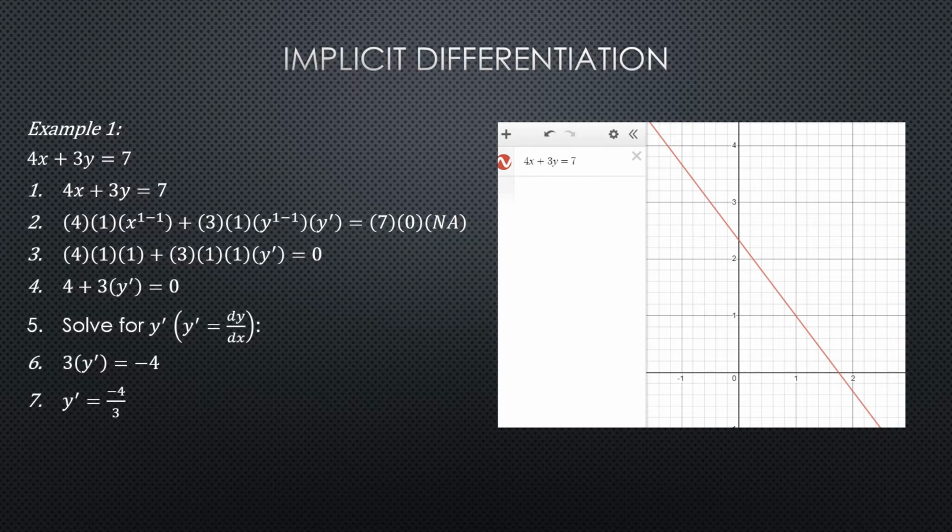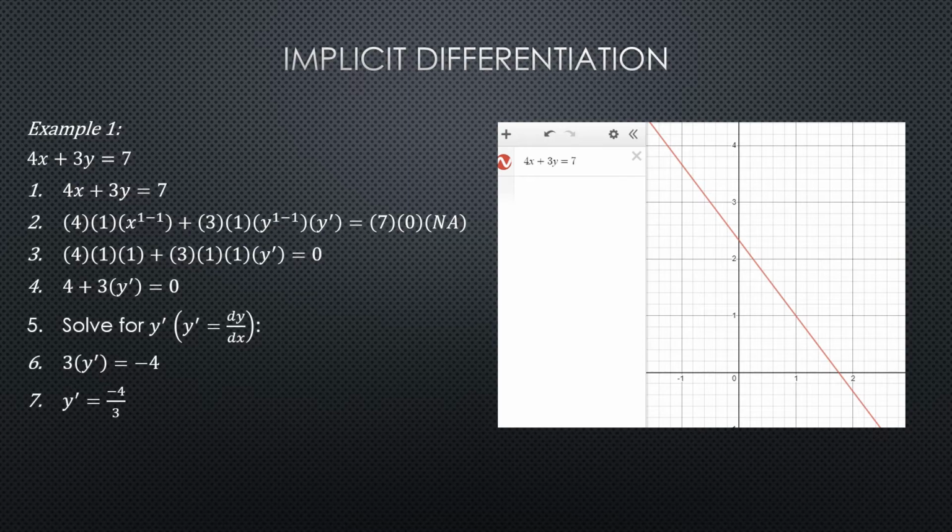We can notice a difference from the previous derivatives that we've been doing. They've all been y is equal to something. Now we've got a situation where the equation is not equal to y. That gives it away that it's implicit differentiation, or we can use this method to calculate